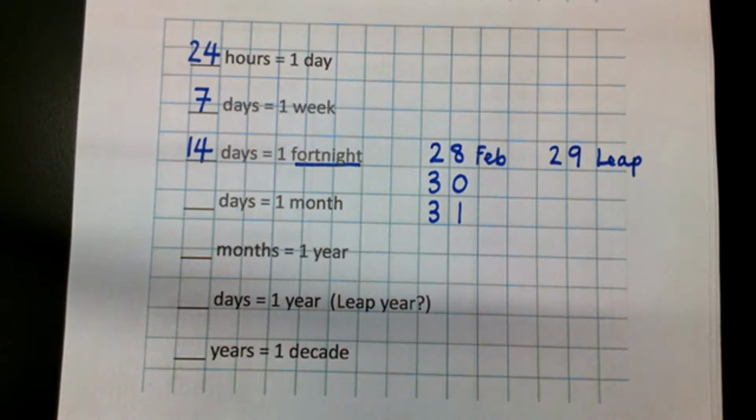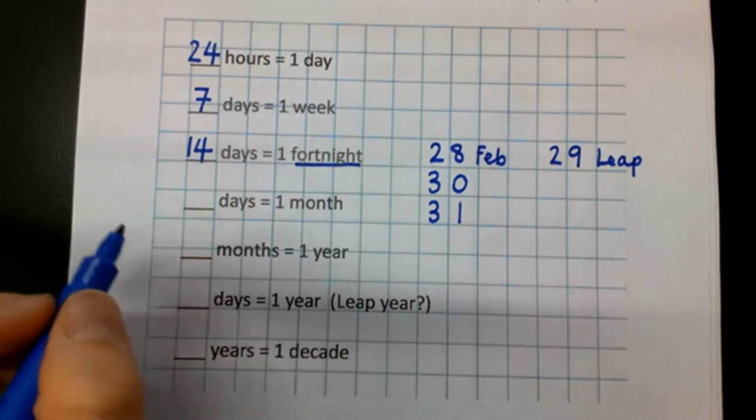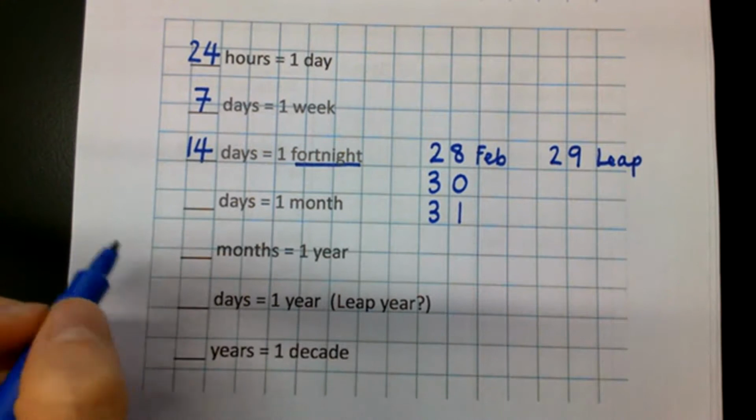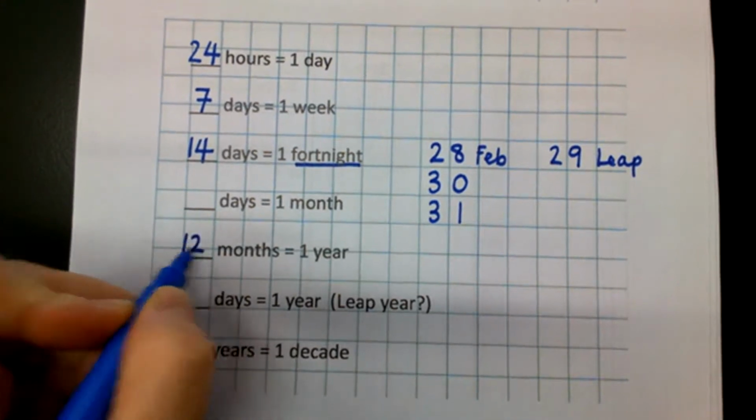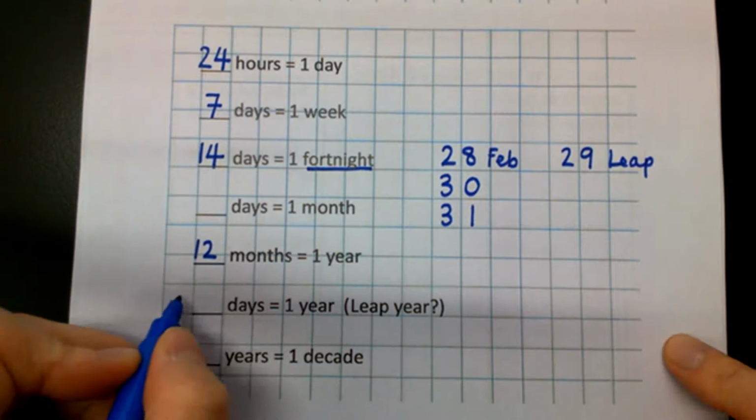Okay, what about a year? How many months are there in 1 year? Shout it out. Yes, well done, 12. There are January, February, March, April, May, June, July, August, September, October, November and December. Can you tell me how many days there are in 1 year? Tell me. Good,